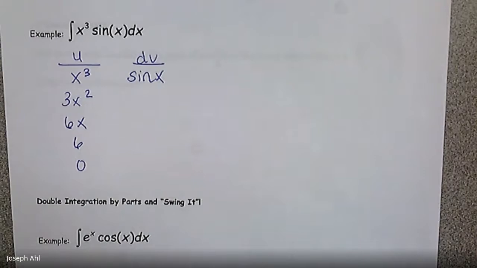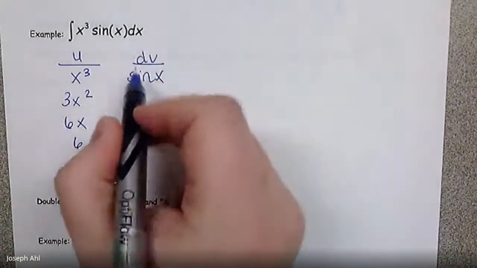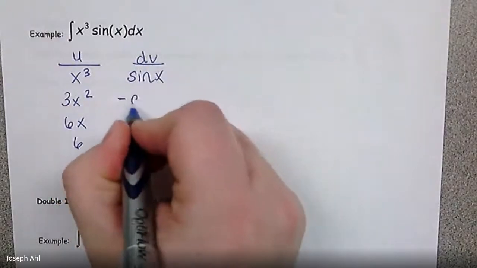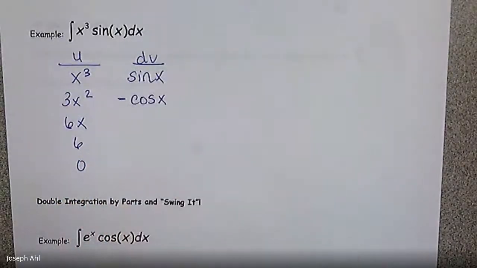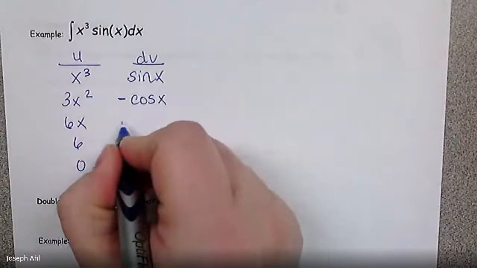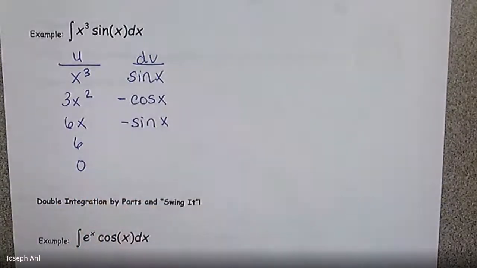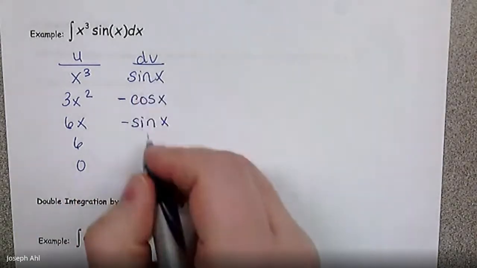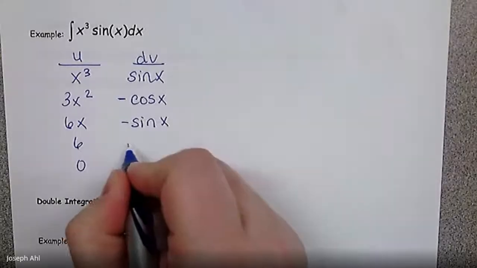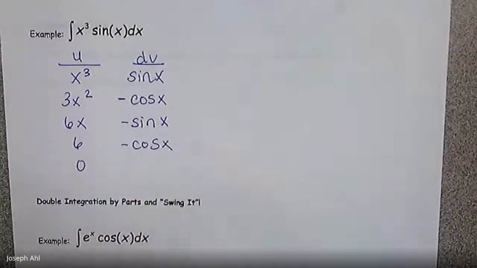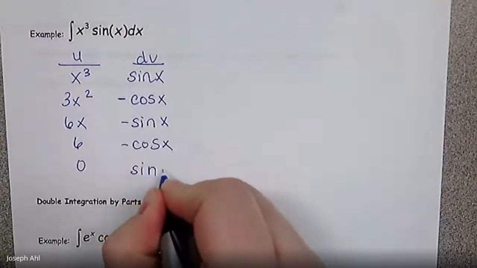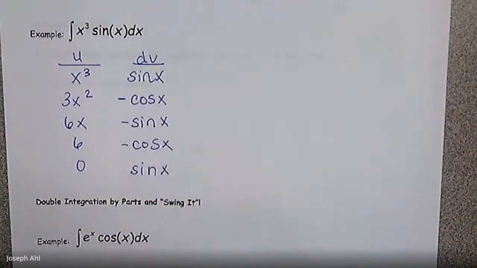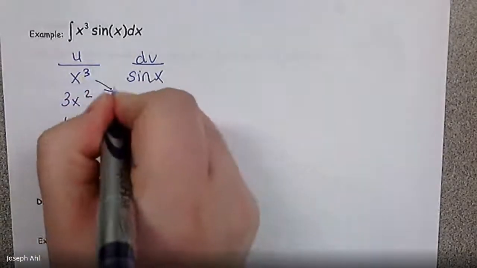Then from there, if I'm thinking about finding the integral on this side, the integral of sine x is going to be negative cosine x. The integral of negative cosine x is going to be negative sine x. The integral of negative sine x is going to be negative cosine x. And the integral of negative cosine x is sine x. Okay, so if I connect these,